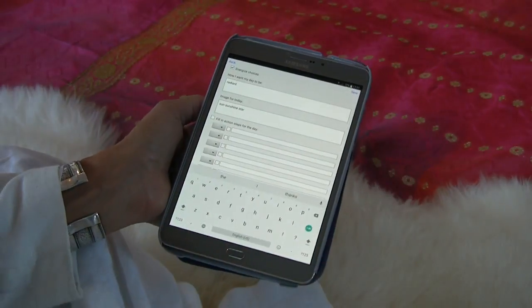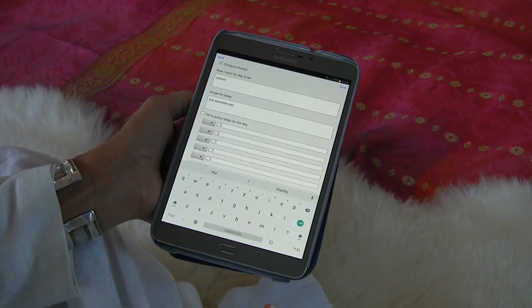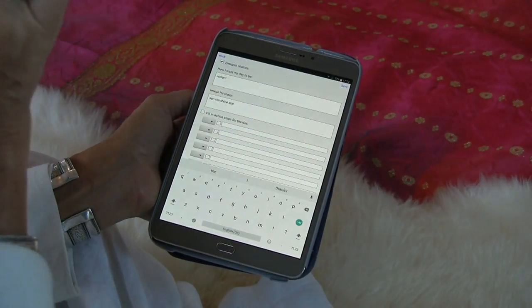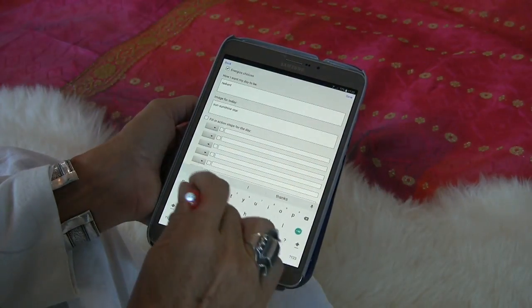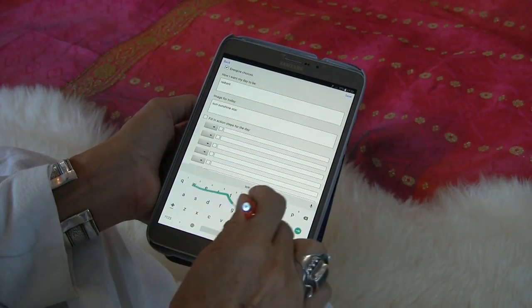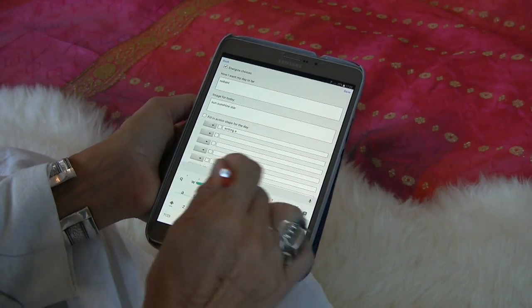Now we will fill in the action steps. What is important for you? What do you need to do today? I recommend that you focus on things that are very important to you. These may be projects. This could be writing a chapter in a book